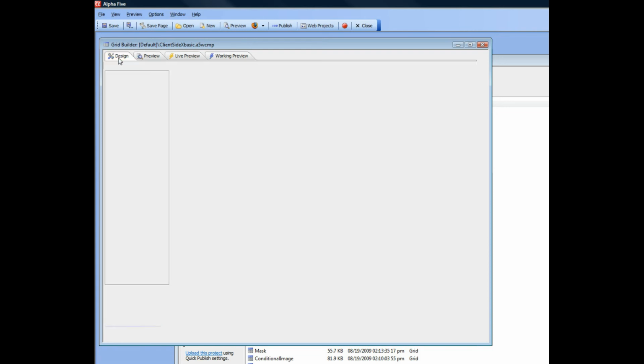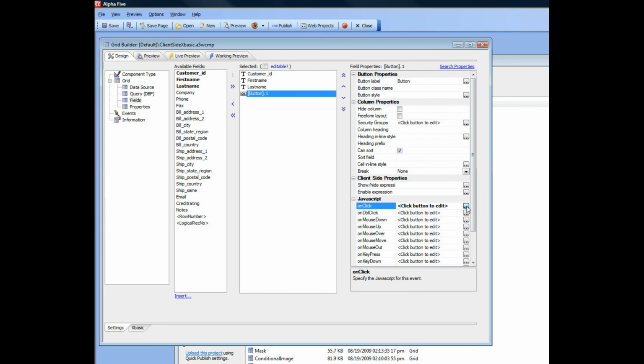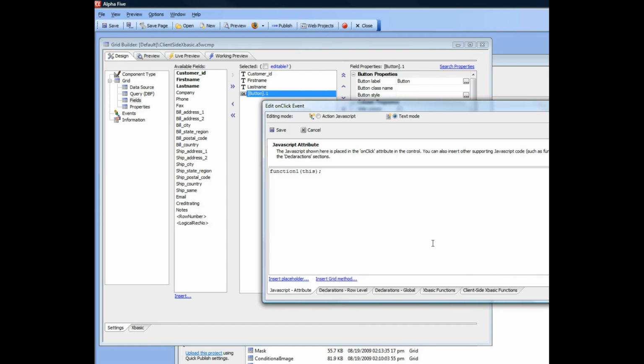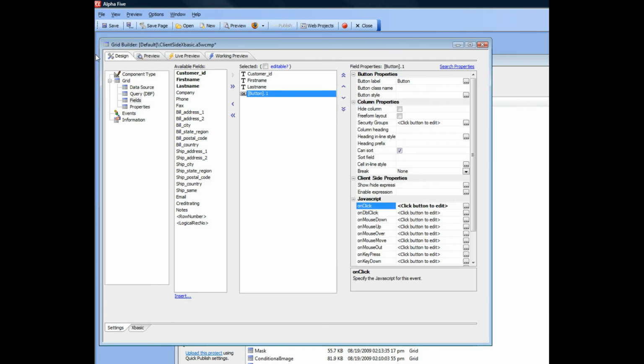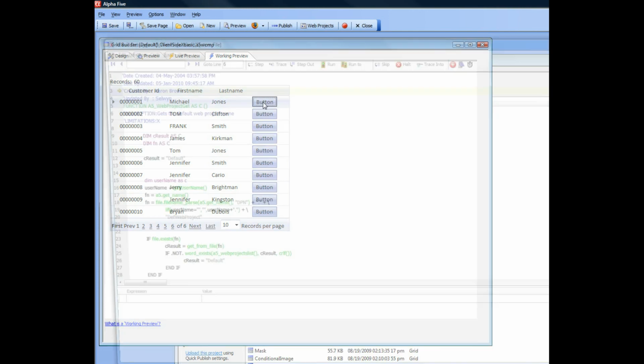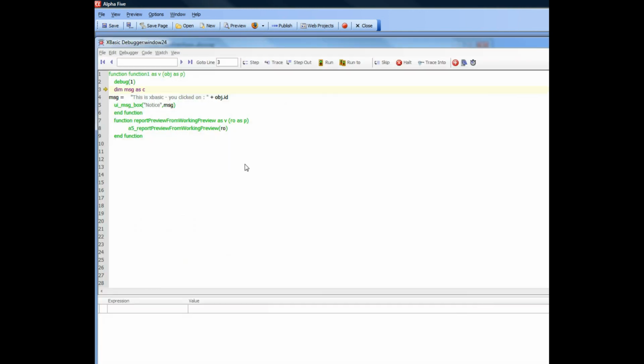Now of course, because it's Xbasic, I can also debug into it. So let's go here to the client-side Xbasic and just put in a debug one statement over there, and then let's go ahead now and go into working preview, and then click the button, and you can see there comes the